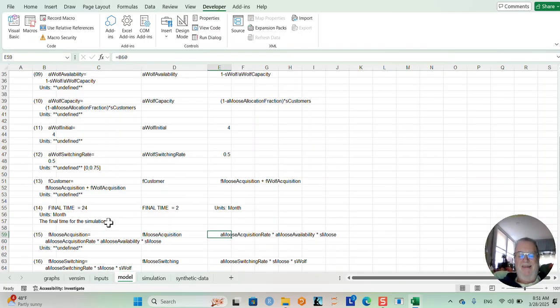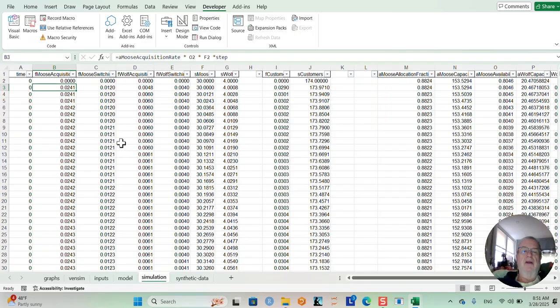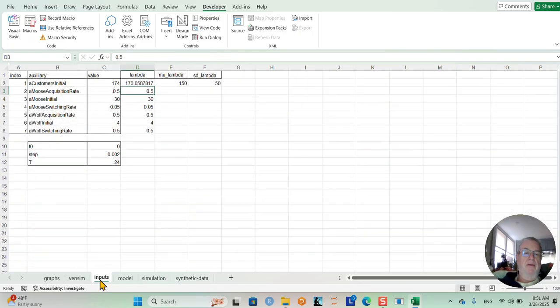model, basically. And that model reads, take the Moose acquisition rate, multiply it times Moose availability, whatever that is, that's the next couple of things down, times the level of Moose at that time step. We also have to multiply this times the time step as well, which is not shown in this particular rendering of the data. So we do have to know something about modeling here to get this to work in a spreadsheet. There's the step. And the step is one of the three